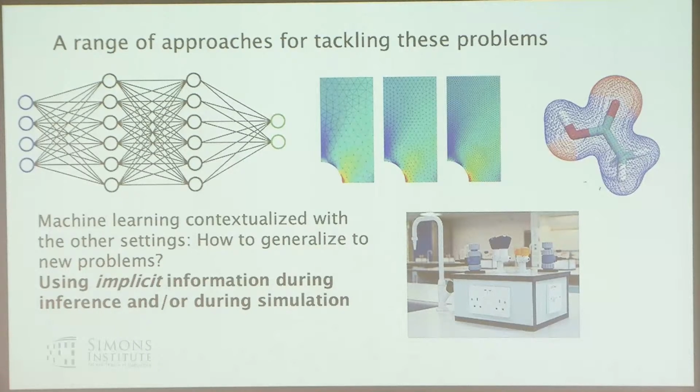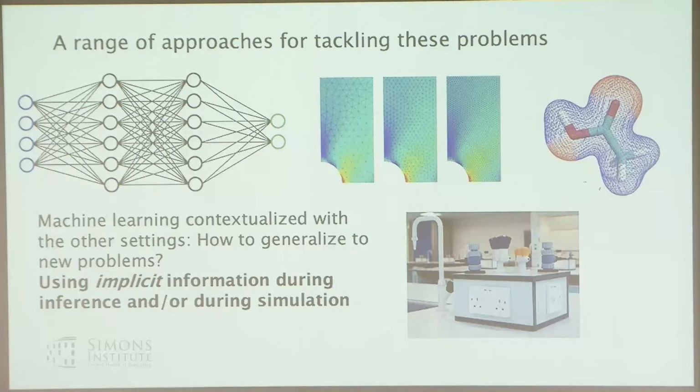One of the challenges here is how we, at a very high level, generalize to new problems using these methods. If I have a finite element solver, I can use it for one PDE, and then I can use it for another PDE, and I have pretty good bounds on the accuracy and the convergence. Of course, there are other issues on the efficiency side, but those same guarantees are not necessarily there with machine learning.